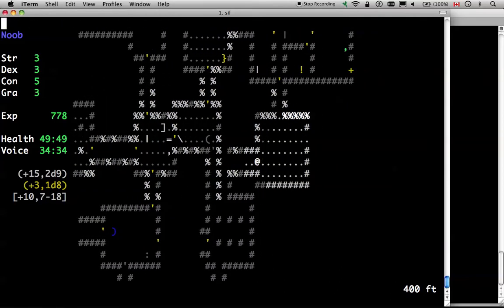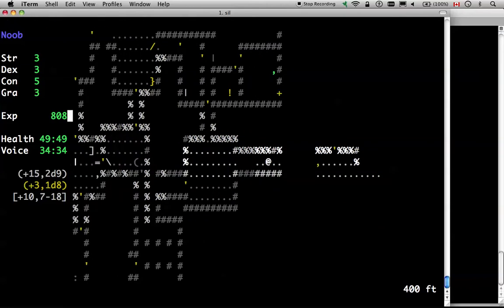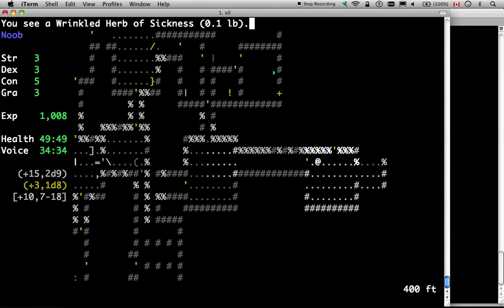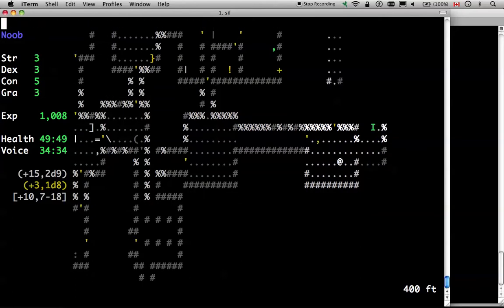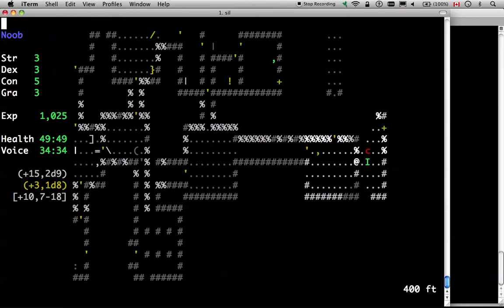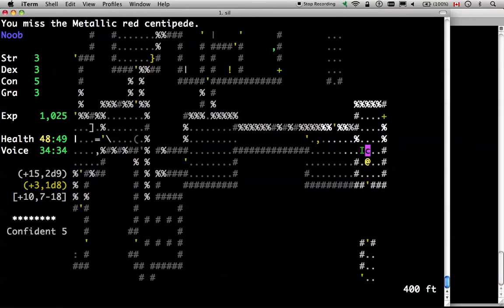Why am I going that way? There's a shadow worm. I kind of should have waited for him to... Wow, what's with all the stat drain herbs? I should have waited for him to spawn a bit more. Just farming for a bit of experience, but...